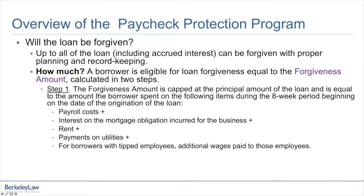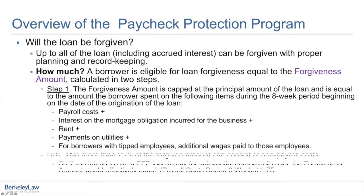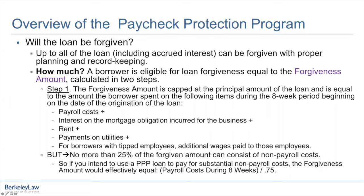It's also worth noting that the SBA recently released rules on April 2nd that indicate that no more than 25% of the forgiven amount can consist of non-payroll costs. So if you intend to use a Paycheck Protection loan to pay for substantial non-payroll costs, the forgiveness amount would effectively be equal to the total amount of your payroll costs during the 8 weeks after you receive the loan